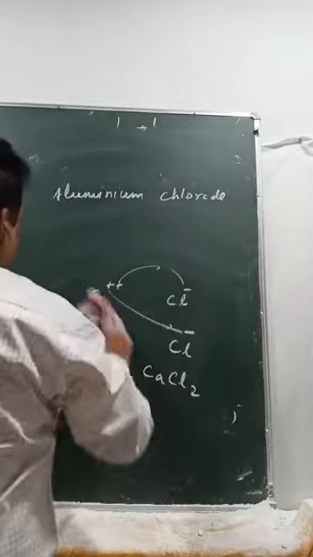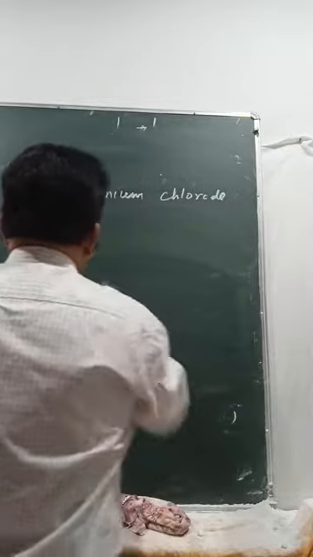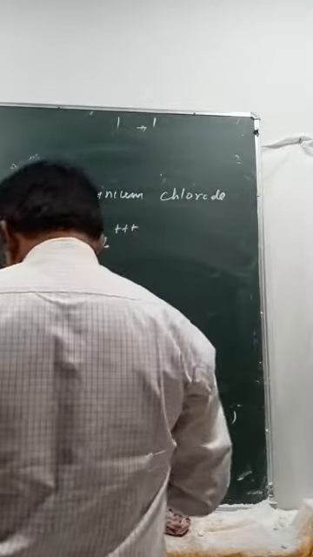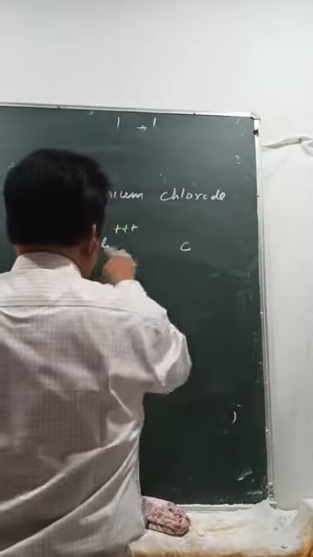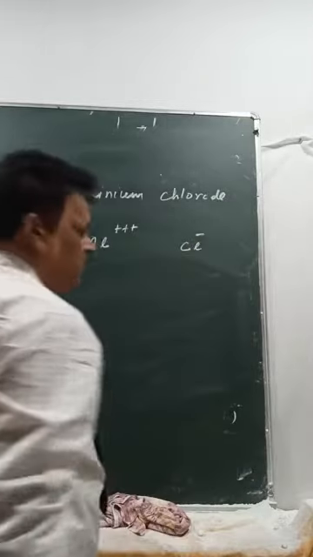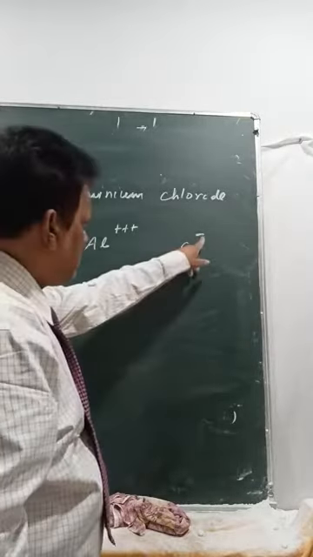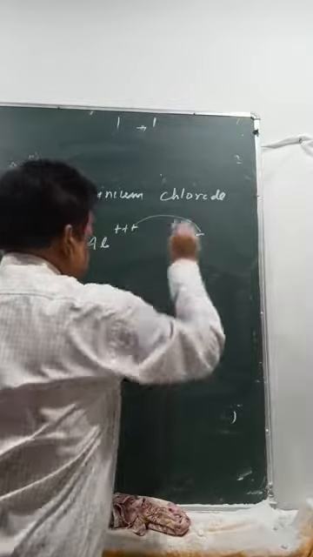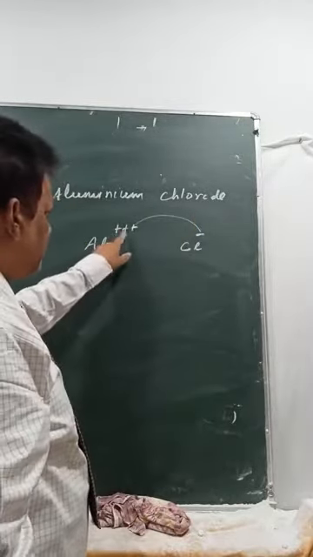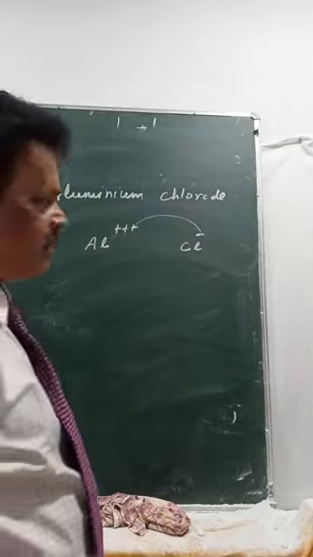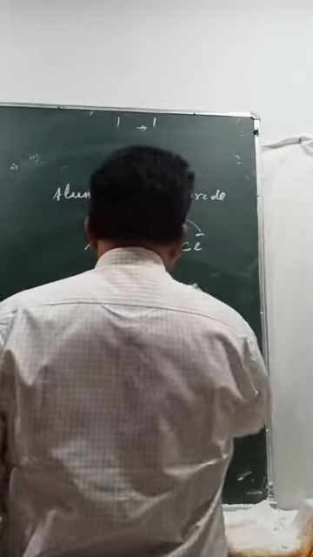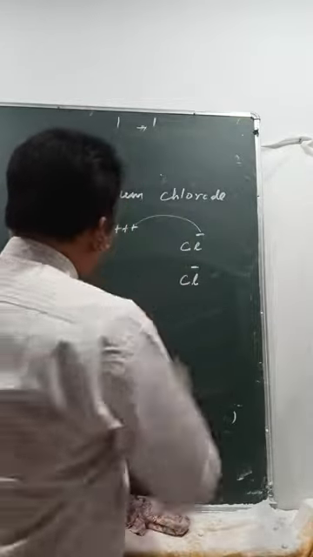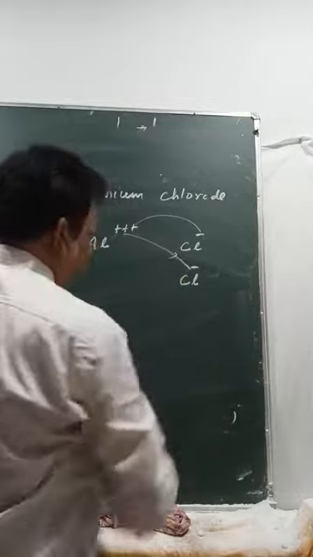So here is a problem. What is that? Now aluminium has 3 plus, chlorine has 1 minus. 1 minus means it can only accept 1 chlorine. So 1 will accept here. That means still 2 more are there. So what you will do in this? That means you have to write 1 more chlorine. That means you need 1 more chlorine to balance this.